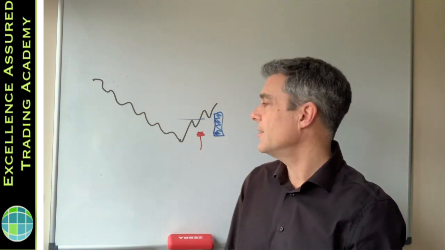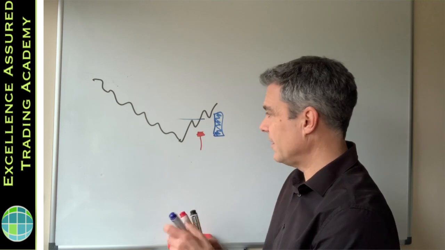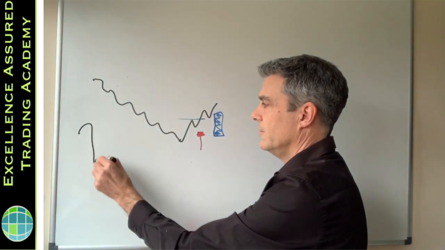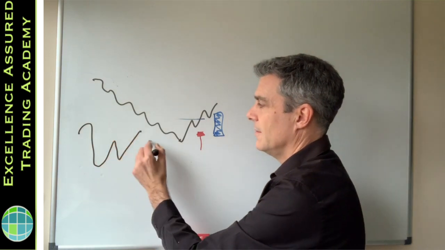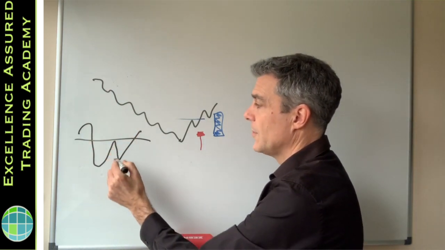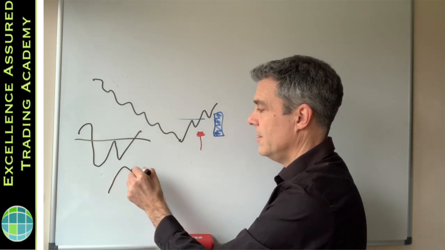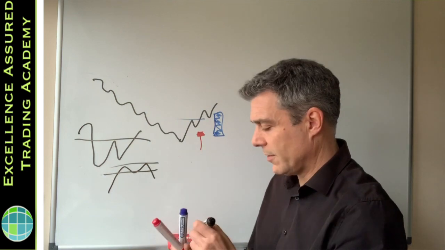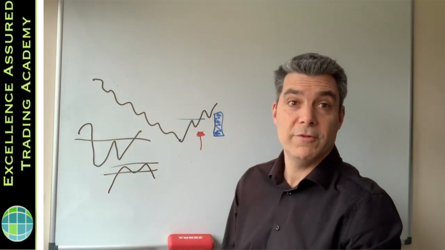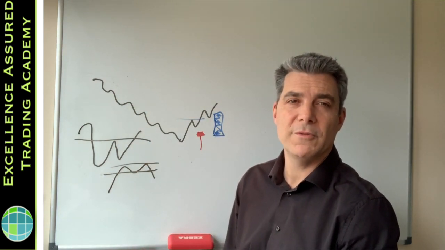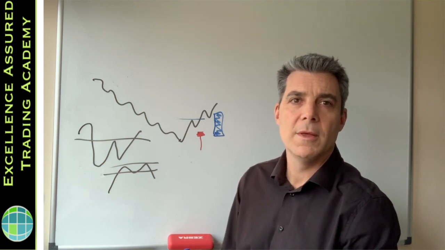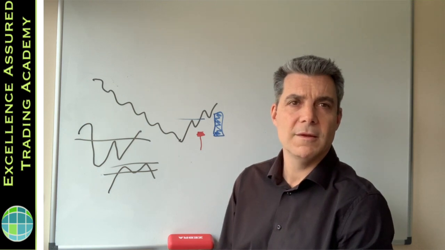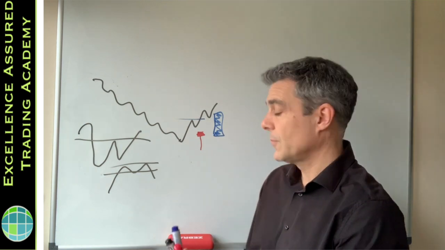Now, bear in mind that when I showed you these moves here, that is a double bottom, and this is a double top. Okay, that's a double top, and they're traditional chart patterns that have specific plays associated with them. There are triple tops, triple bottoms, and very much they're all a variation of one another.